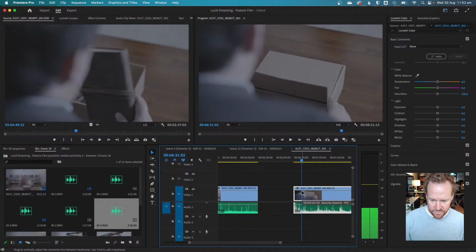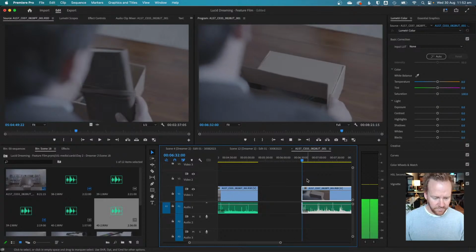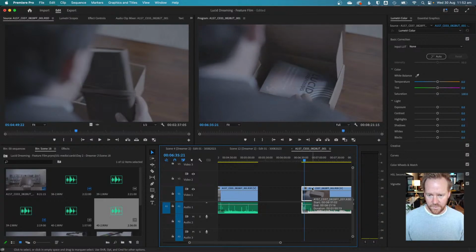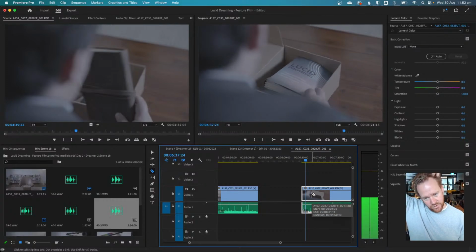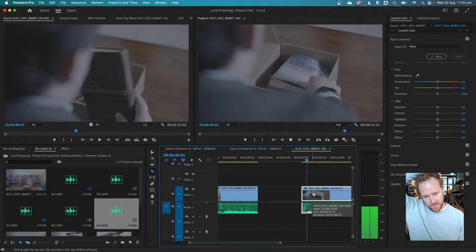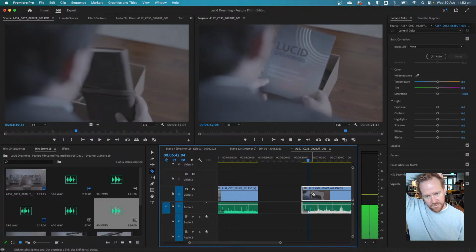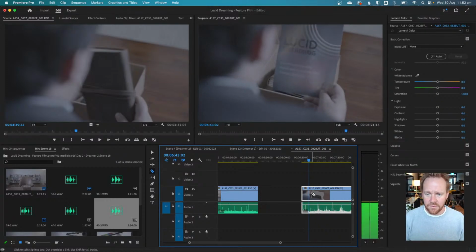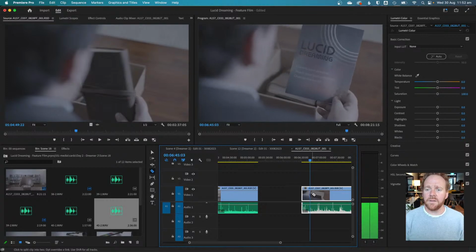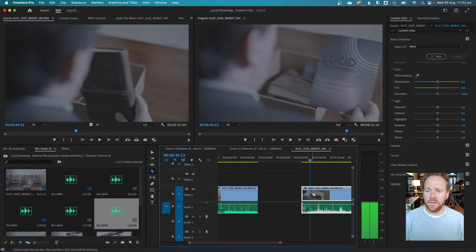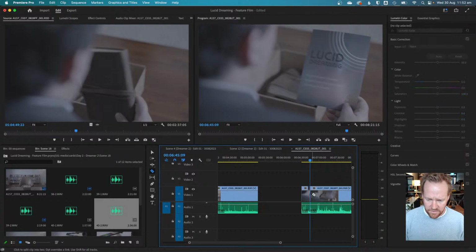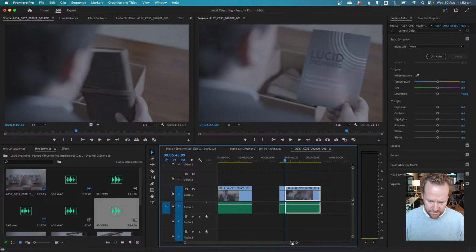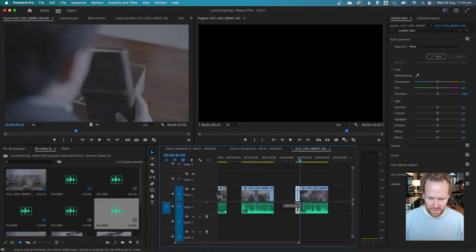So let's just go there for now. Turnaround's good. And then the flyer comes up. Let's use that whole bit. Not sure if the focus holds the entire time, but